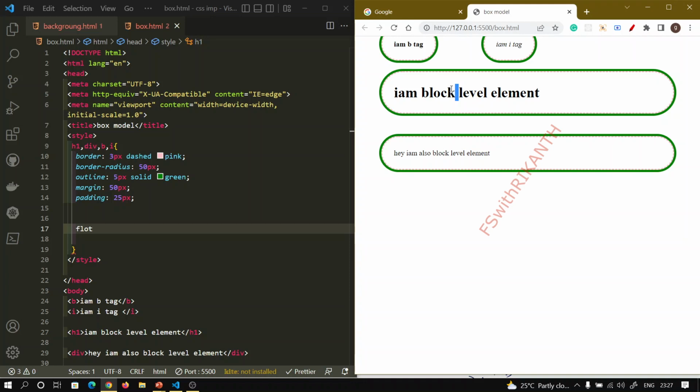But if you want to change to inline tags, suppose we have 3 block level elements sequentially, we need to apply width and height to the 3 block level elements. Here we need to arrange these 3 block level elements so they display side by side. So how can we do that, right? I want to do that, right? So here I want to do